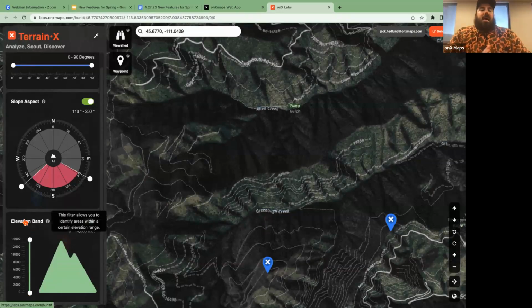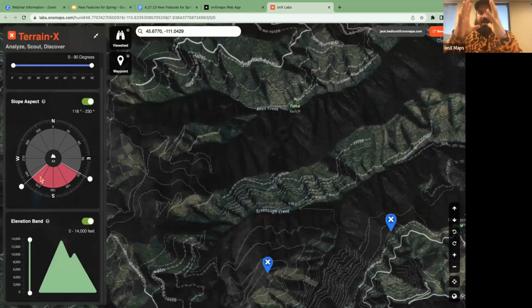So you're really able to dial in if you know more than I do. If you're like, this is exactly what I'm looking for. I want this slope angle. I want it to be on this aspect. I want it north or east or south. And I want this elevation band. You can really dial in and get rid of all the country that you don't want to see,